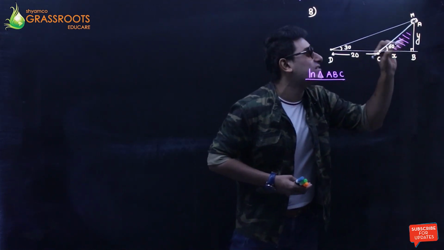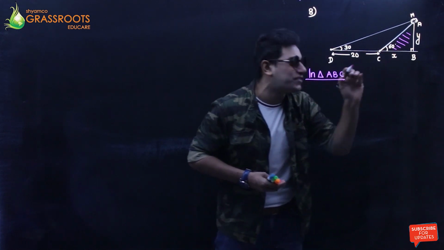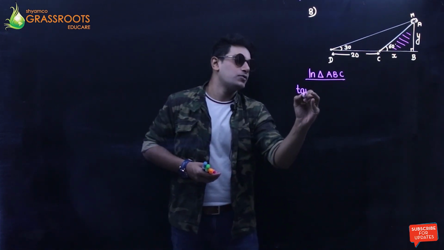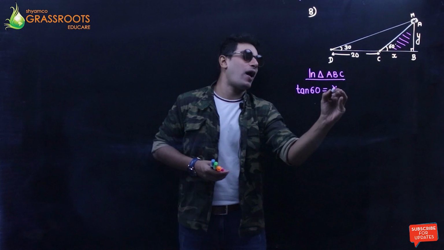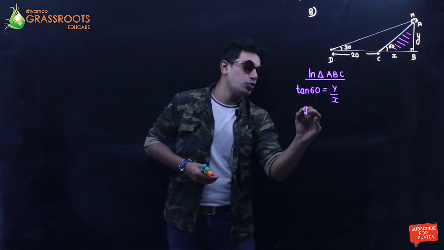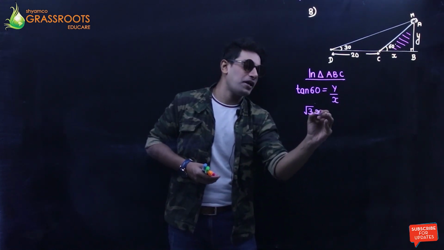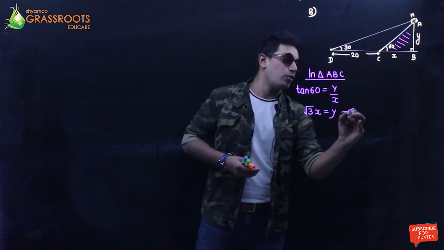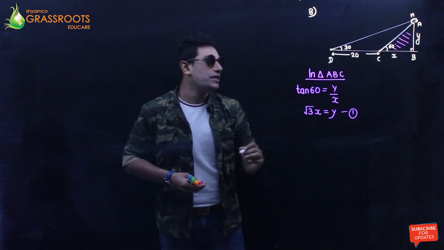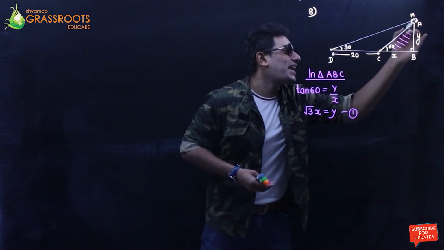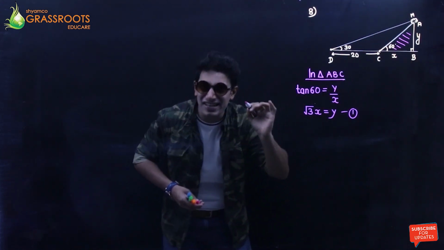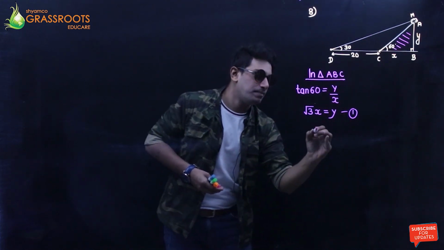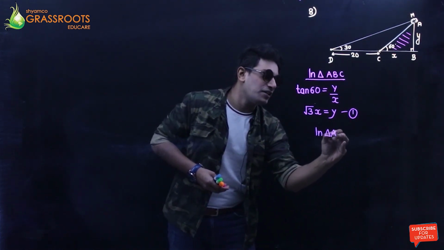Tan 60 is opposite upon adjacent. So tan 60 is y by x. So root 3, cross multiply, x is equal to y. Put this as equation number 1. Next, take the bigger triangle ABD. Never ever take the obtuse triangle. In triangle ABD,